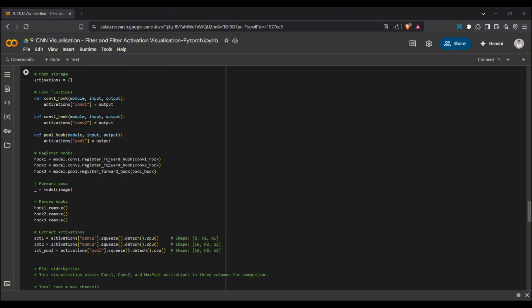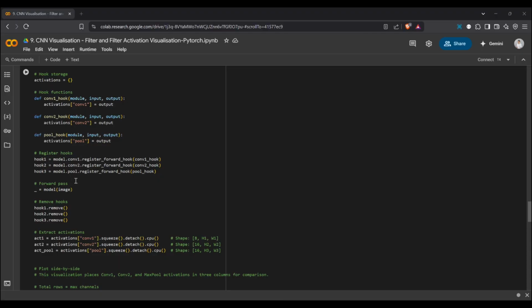That's why we term it forward hooks. So we get the output of each layer.